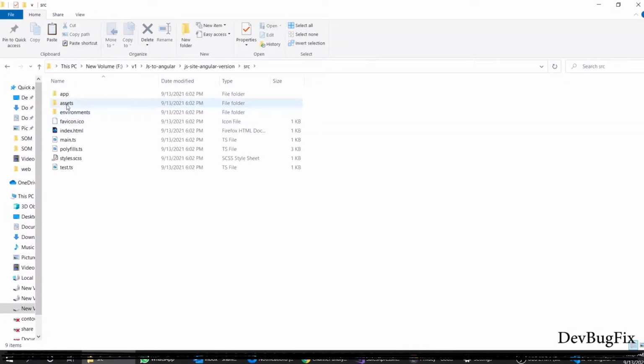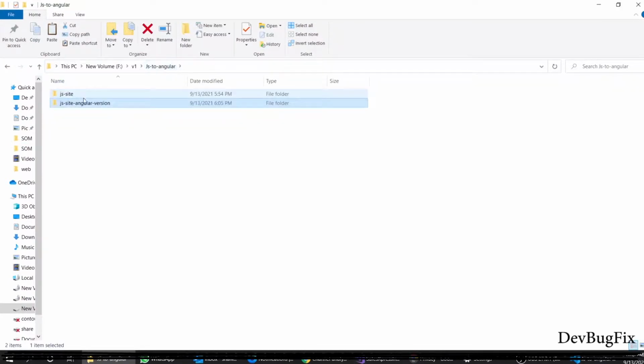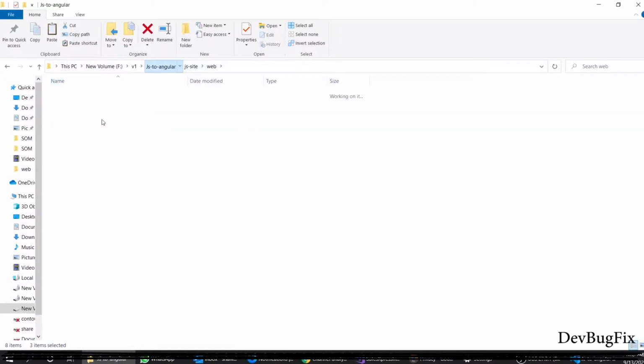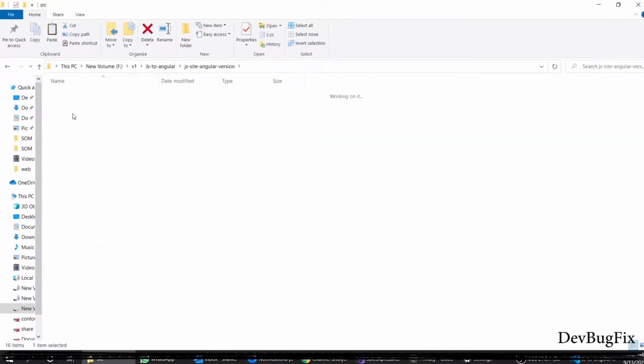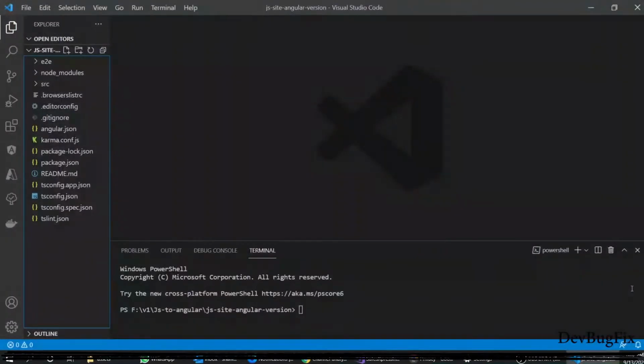I will paste these files in the assets folder of the Angular project.